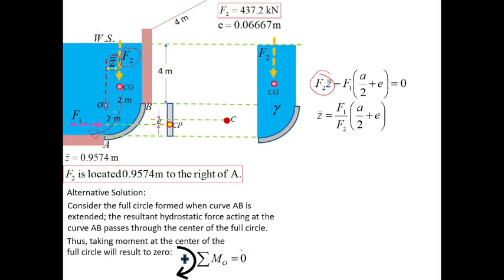So, counterclockwise direction, so positive. Minus, ito naman, F1 times itong distance na to, which is E plus A over 2. Ito ay A over 2, right? This is A over 2. A over 2 plus E. Okay? So, minus natin yon,